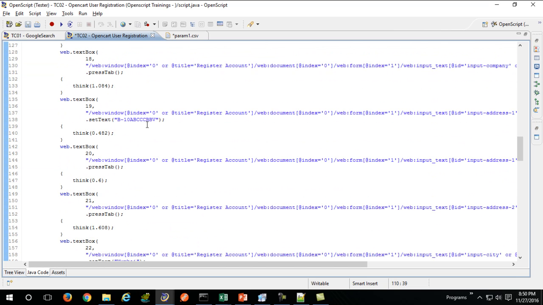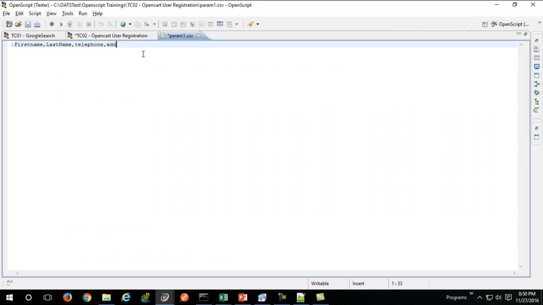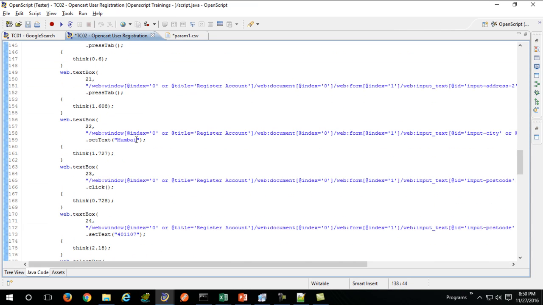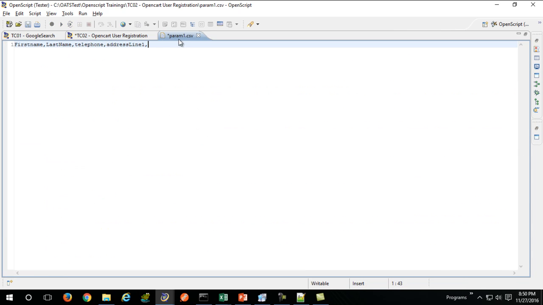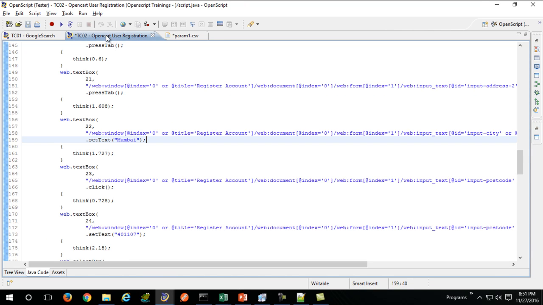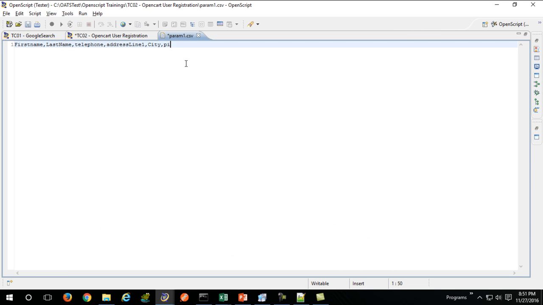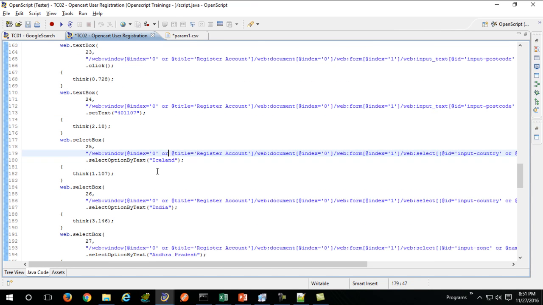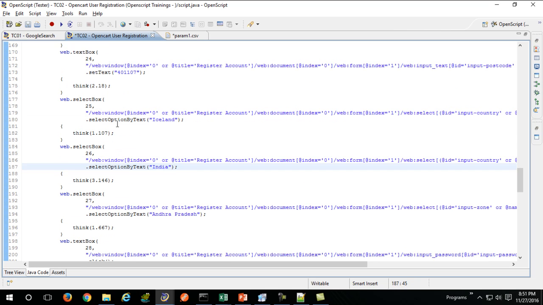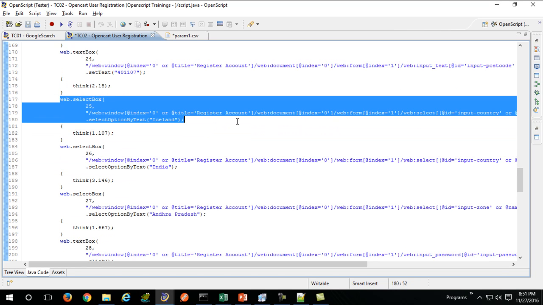This is your telephone number. This is your address line 1. This is your city. This is pin code. This is the country. So I'll just remove one of these country.